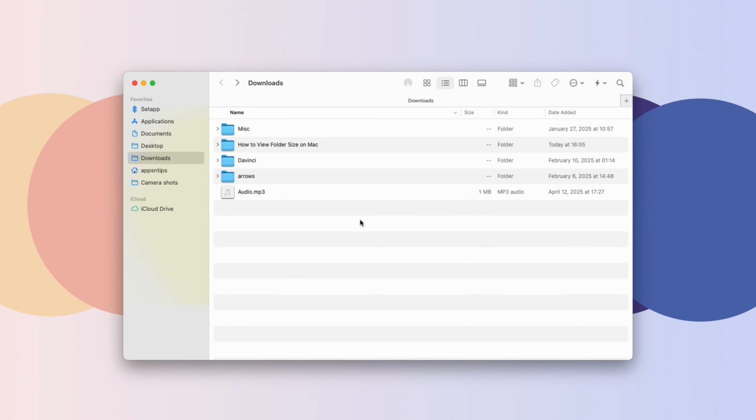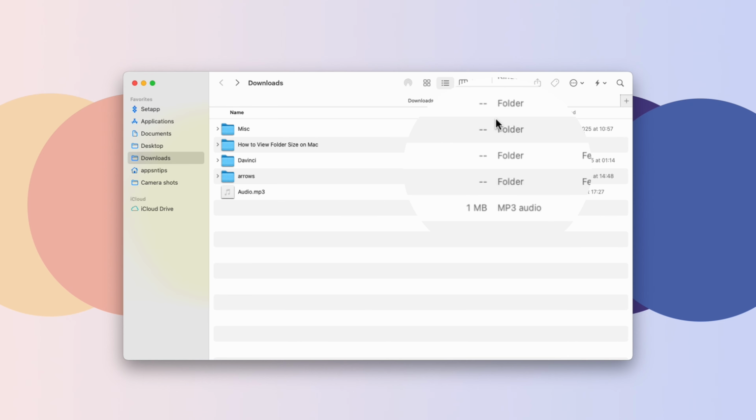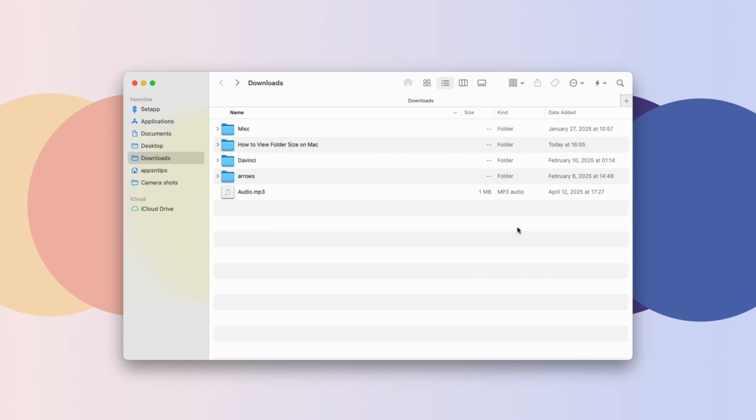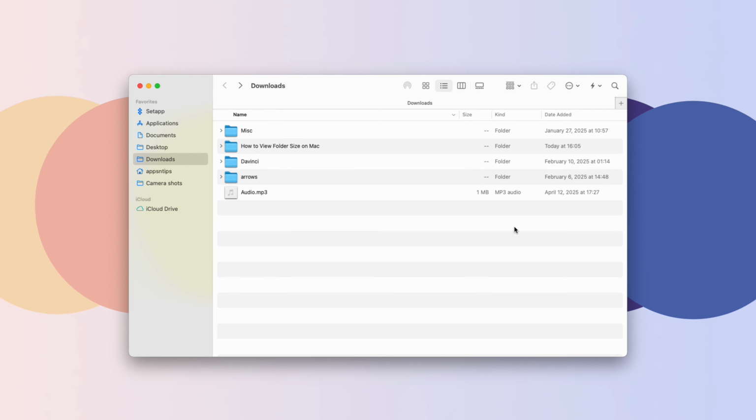If you use macOS Finder in list view, you will notice that while it displays the file size next to its name, it doesn't display the folder size. Instead, you get double dashes in the size column. macOS supposedly does this to keep the Finder operation fast. But worry not, in this guide, I will show you 5 different methods you can use to view folder size